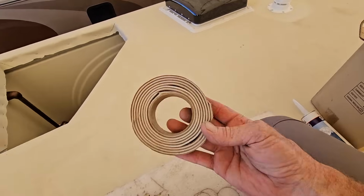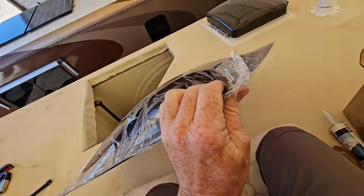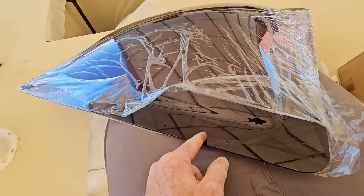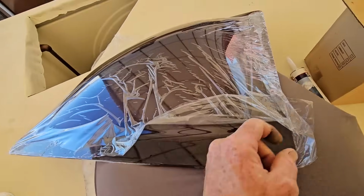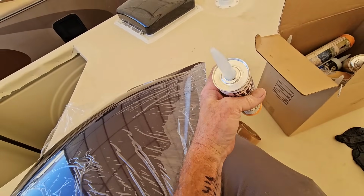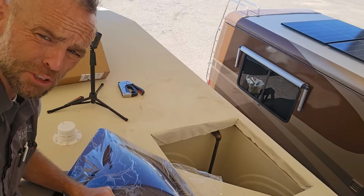It's very similar to stuff, as this is putty tape, but I don't find putty tape does as well on a skylight because the flanges of these are quite flexible, and unless you put a screw every 1 inch, this flange will pucker, so you won't get good compression with putty tape as you will with this skylight butyl. I find it to go down pretty easy too. So like I said, I'll just put a bead down right here and then we'll screw it down and we're